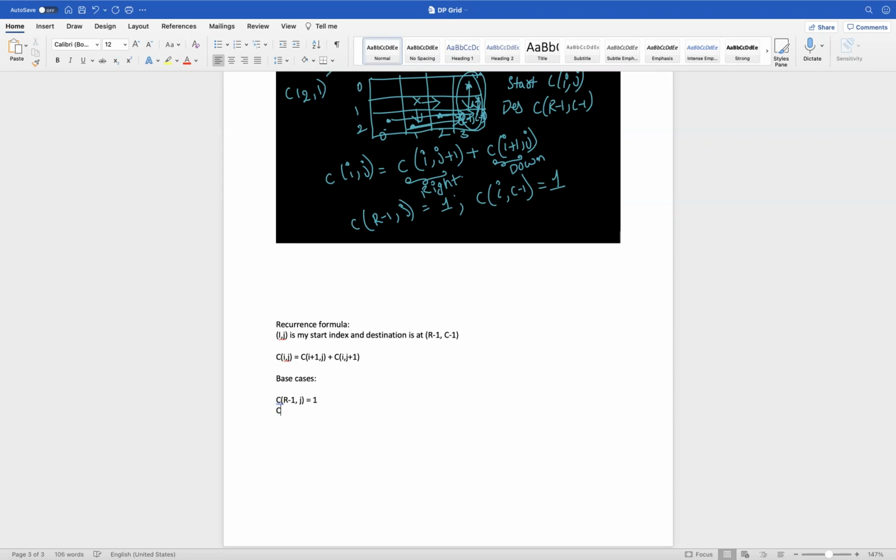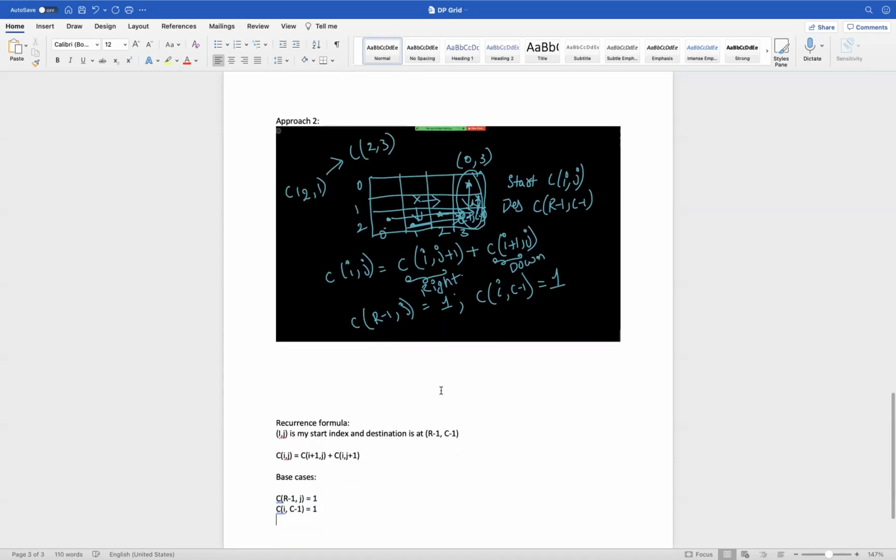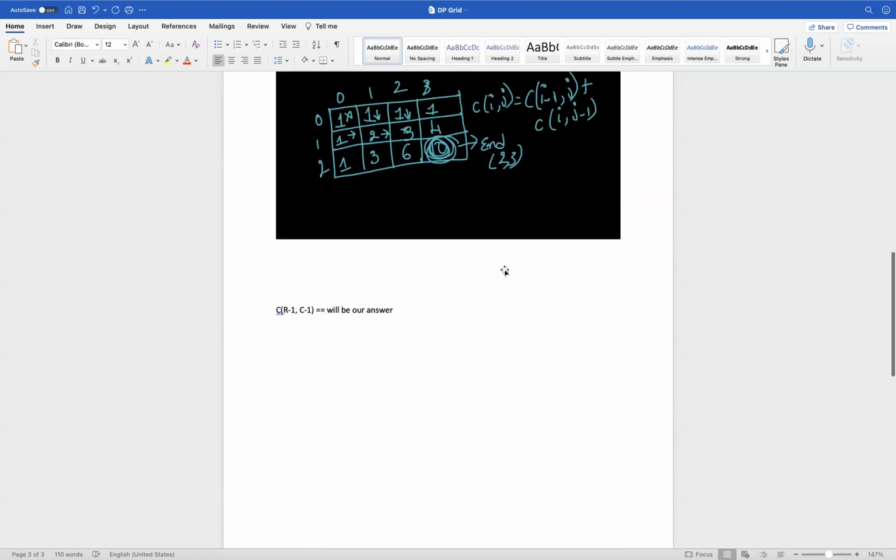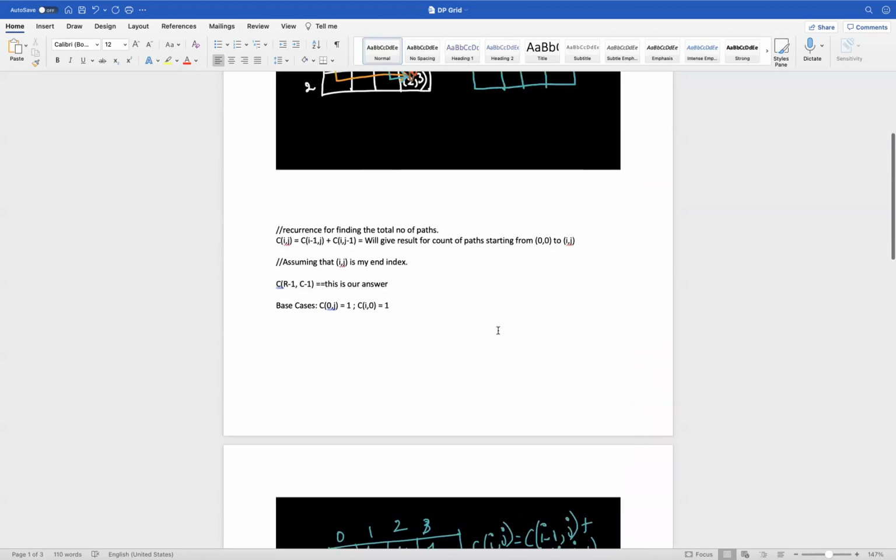In the same way, for all the cells where the column is last, that is c minus 1, no matter what the row is, I'm just putting it as i, the value is 1, right?